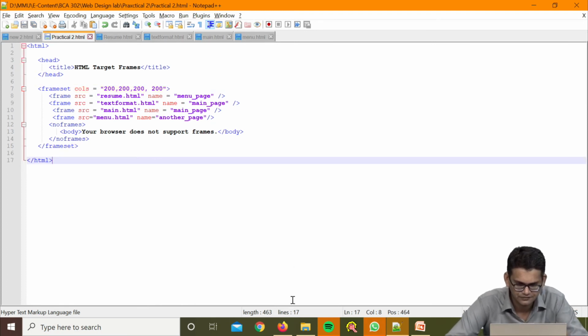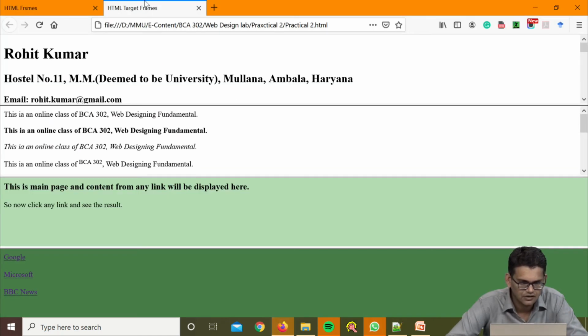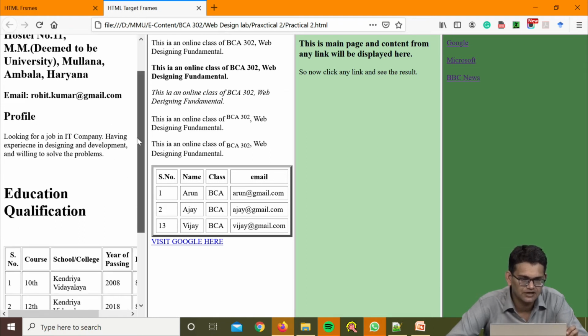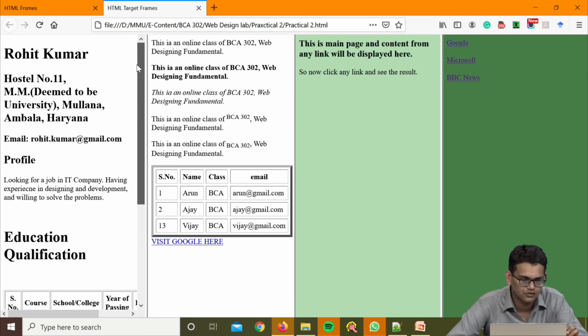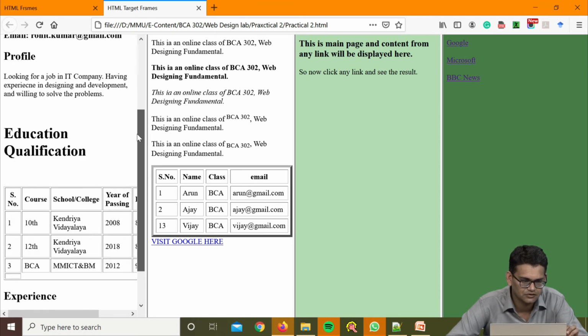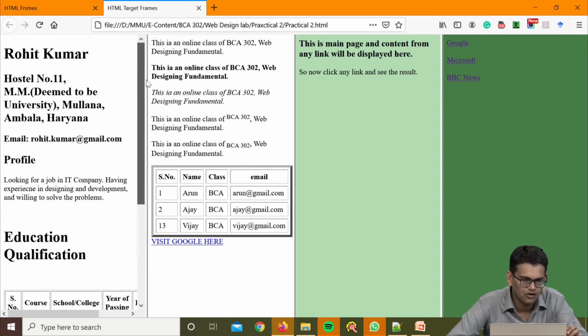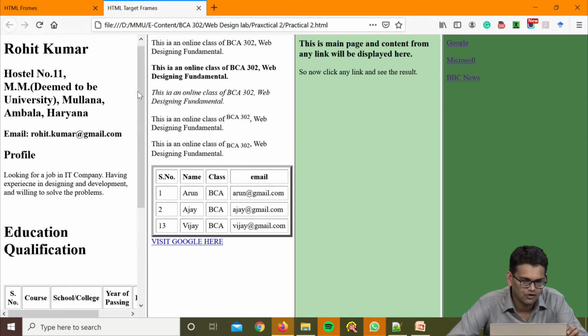Just save it and then run it. See here, now it is divided into columns, and the scroller is here because the content is too large to show in this region. That is why, if the content is large, a scroller is available. You can see that by scrolling we can visit the entire content of that section. So, this is the column version,